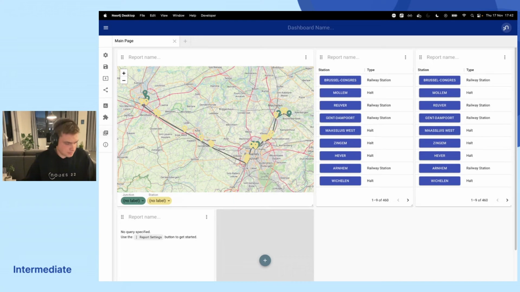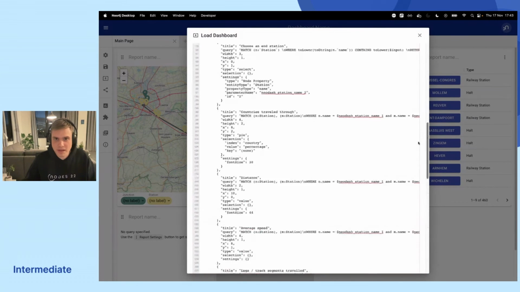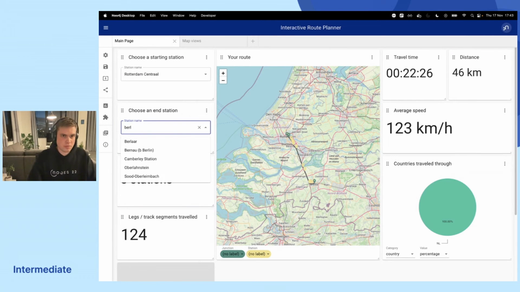It's already kind of here. Now, I just wanted to show you, this is obviously something that I can do in 1 minute, but if I take a bit more time to make a nice dashboard, what that could look like. So I have a prepared dashboard here that I can load. I click on the load button and load up my JSON that I created. And now I can see this dashboard that I created earlier, which is the rail planner for all stations in Europe. And what I can now do is go from Rotterdam to Berlin,